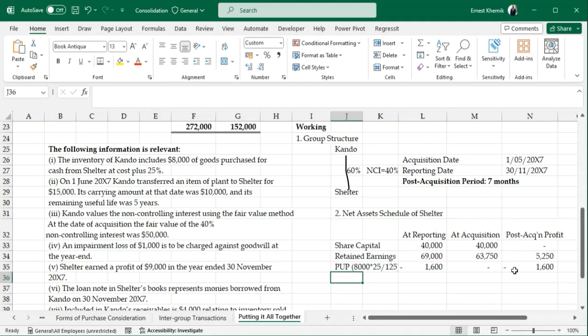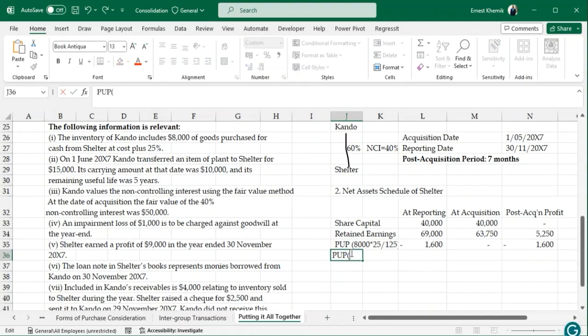So what we are saying is that this plant might have been depreciated by Shelter. So provision for unrealized profits. Now when it comes to the provision for unrealized profits on our non-current assets,